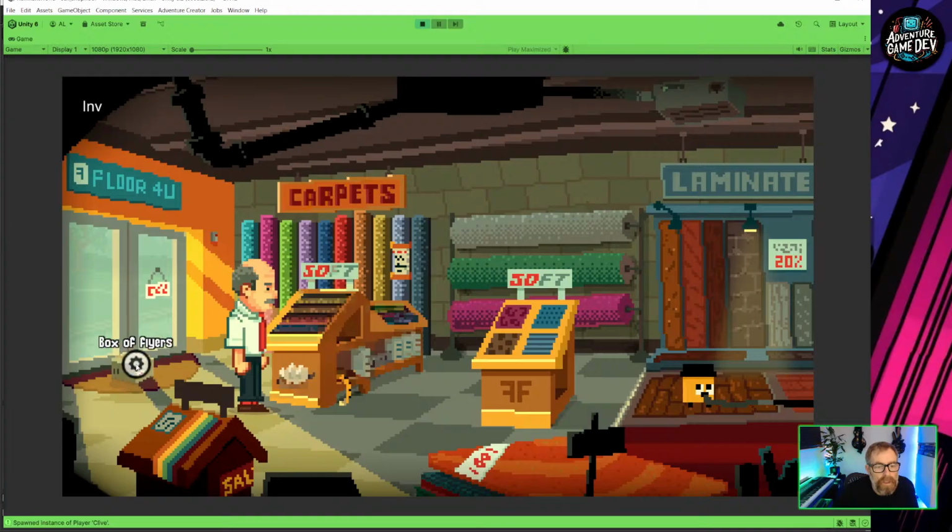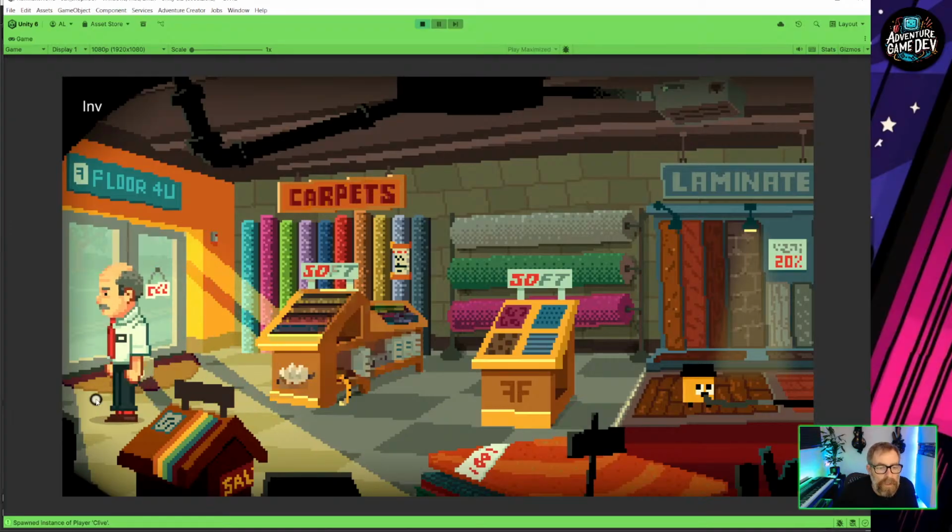And the box of flyers is clickable, but I think the problem is, oh no, it looks all right. You can walk around it. Bit weird. He's got his shadow going through it, but